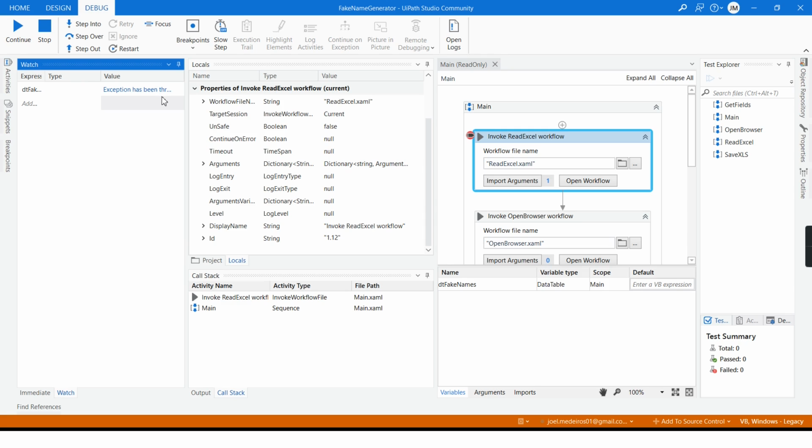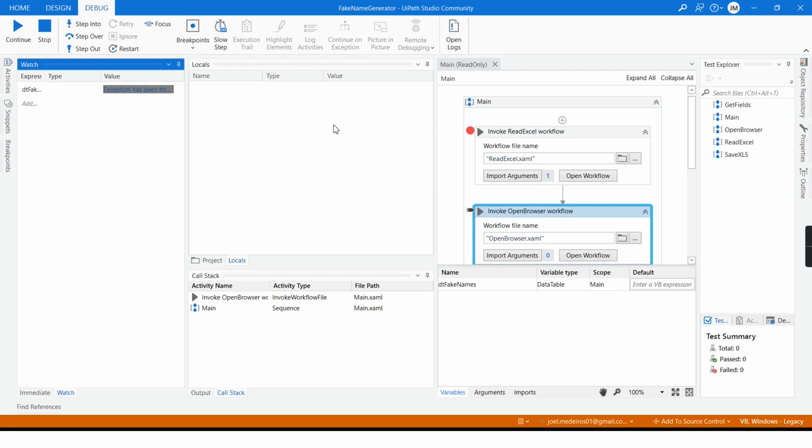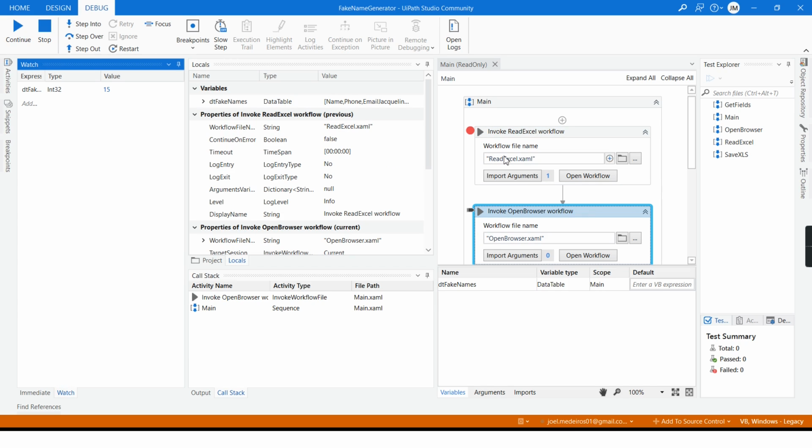An exception has been thrown because this variable is actually not set yet. I will step over. And now, in this step here, I have created my data table, and I can see that the number has changed to 15. That means I have 15 rows in my data table.